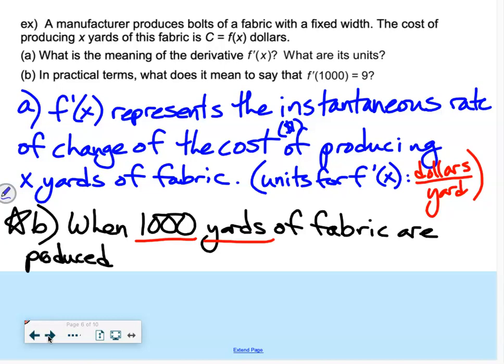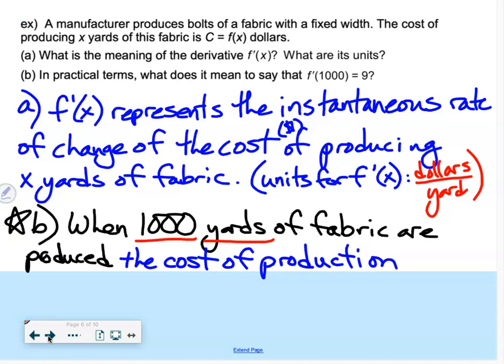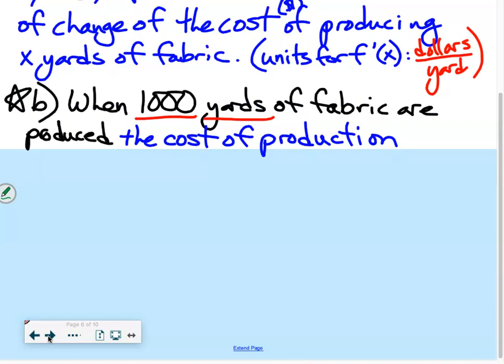Next you write what your function represents. What does the f of x represent again? The cost of production, right? Whatever the function represents goes here, and then all the rest of the words are the same for every single one of these problems until you die. So you write your input, you write what the function represents, and from here forward, these words never change, except maybe the numbers, but not the words. So when 1,000 yards of fabric are produced, the cost of production, here we go, is